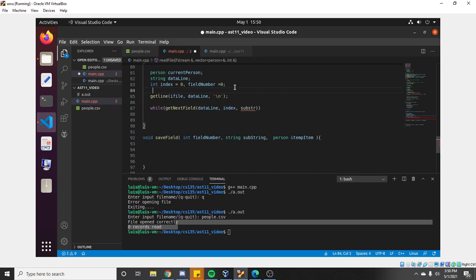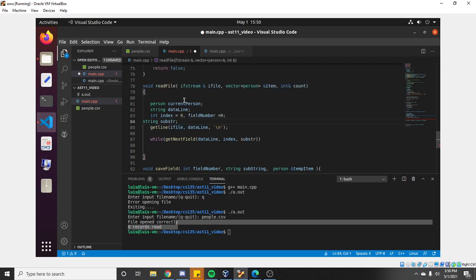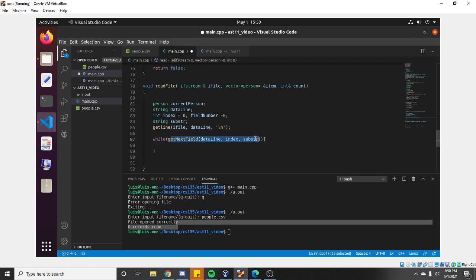So we'll create that up here. String substr. Fix this. Okay, cool. And then we're going to do this in a loop. So with this get next field,